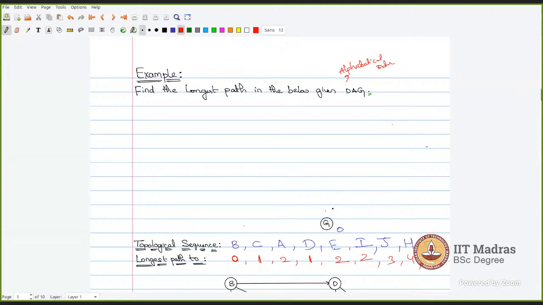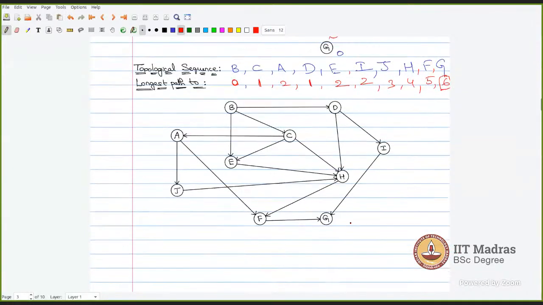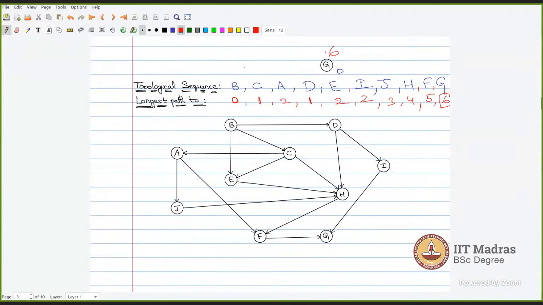So finally what we do is we remove G, we add G here, and the longest path to G is 6. So this particular number 6 tells us that in this particular graph which we have seen earlier,